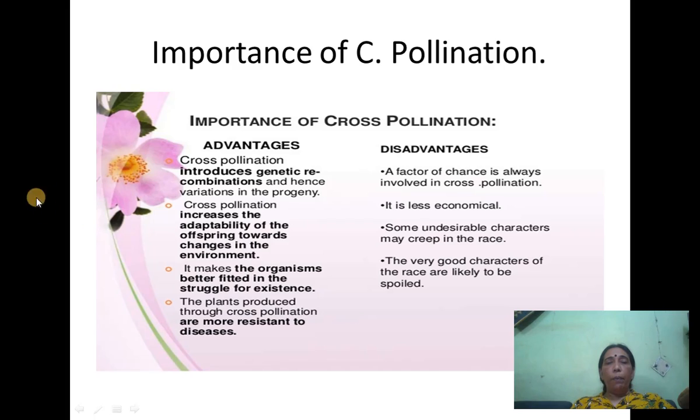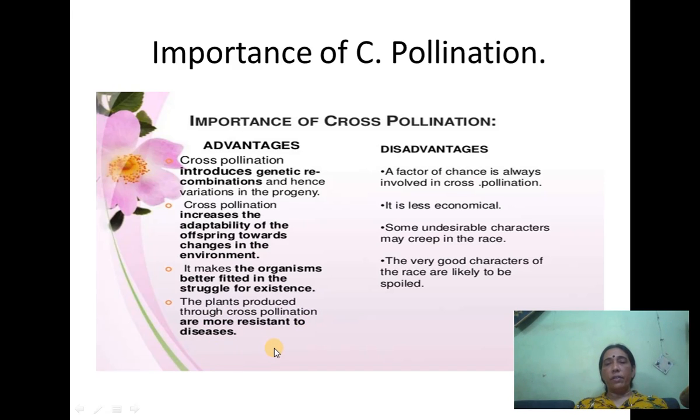Then what is the importance of cross-pollination? As we know, cross-pollination is the transfer of pollen grains from the anther to the stigma of another flower. So it introduces genetic recombination and hence variations in the progeny also. Cross-pollination increases the adaptability of the offspring towards changes in the environment. Then it makes the organism better fitted in the struggle for existence, and the plants produced through cross-pollination are more